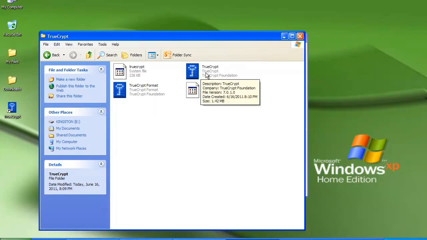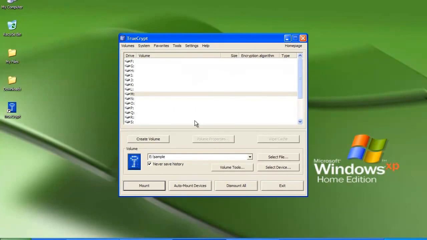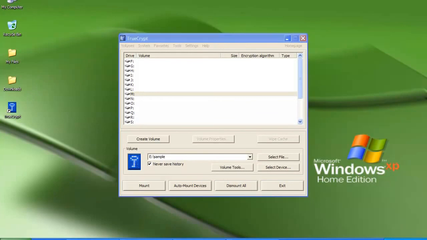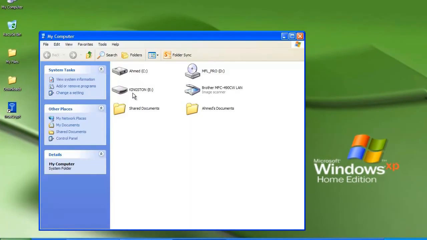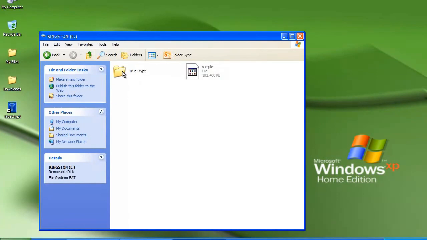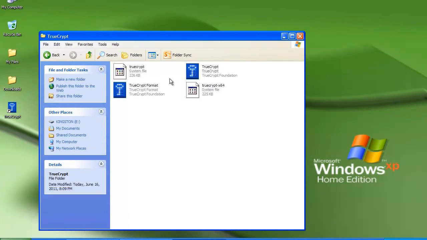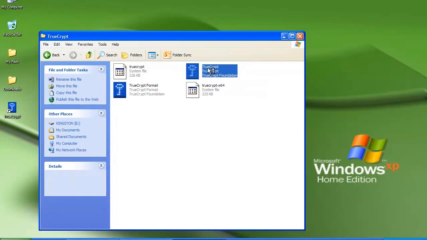You want to double click on TrueCrypt and it will bring up this window here where you'll be able to select the file of sample and mount it to any drive that you want, and just click Mount. Once you're finished accessing your secured virtual drive, just click Dismount and safely remove it from the computer. Now let's recap how to access your secured drive. You'll go to My Computer, select your Kingston E drive, go into the TrueCrypt folder, double click on TrueCrypt,